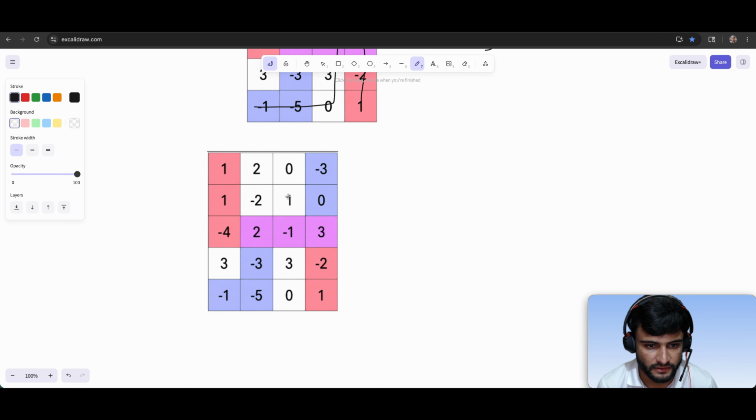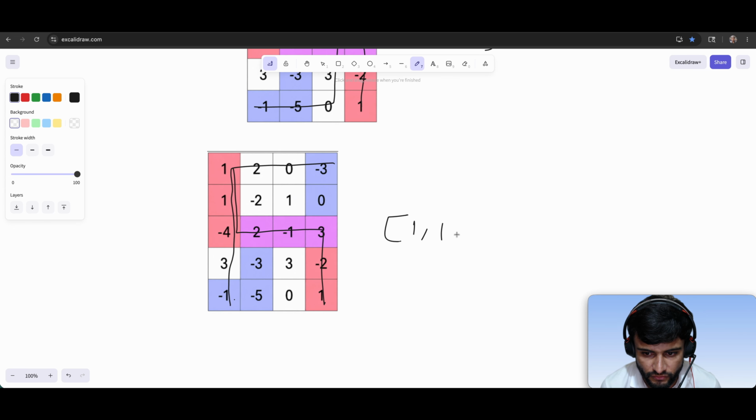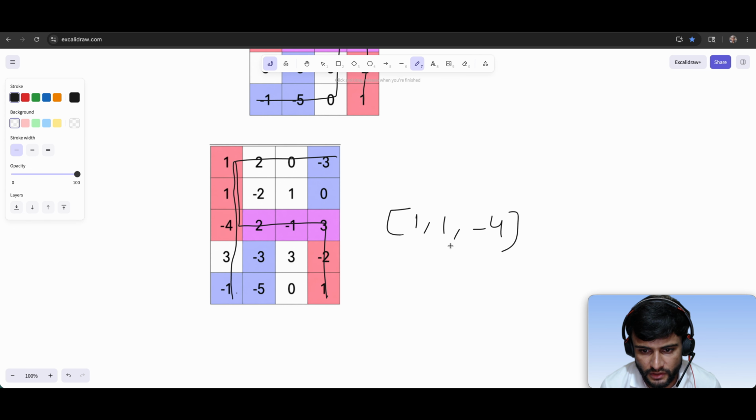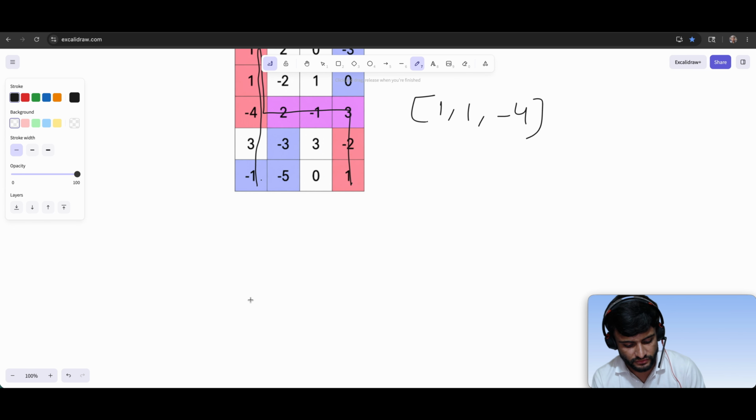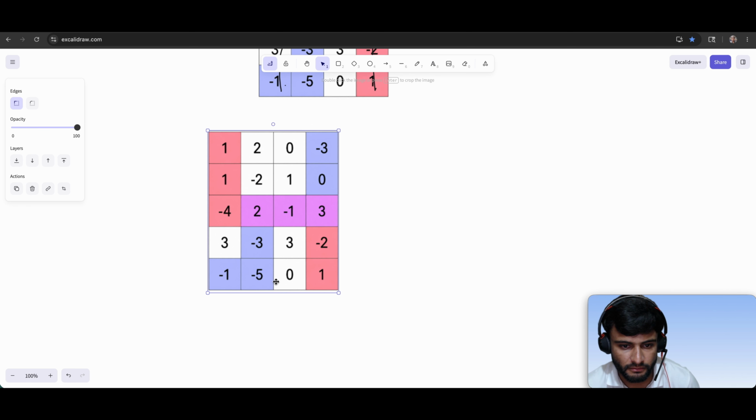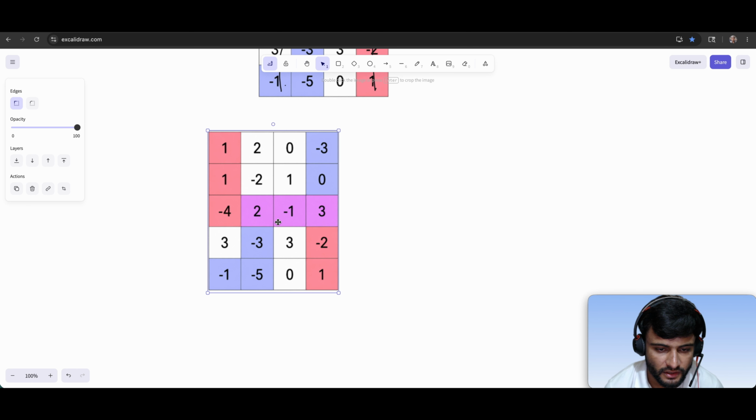In this case, also take another example. Let's take the first player takes this path, the second player takes this path. In this case, the shared cells are 1, 1, -4. So if we observe this pattern a little bit more, what we see is you can only take either